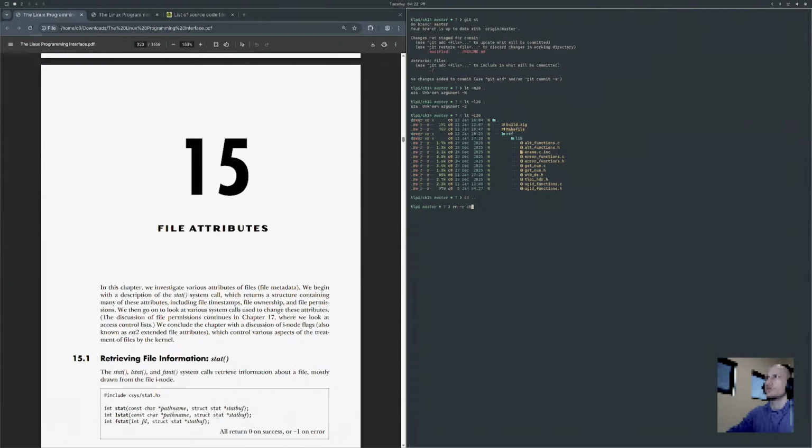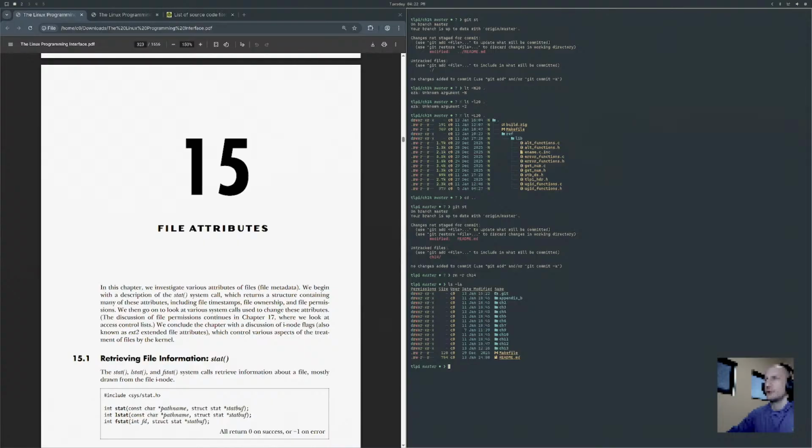Chapter 14. Oh, we did get status here. Git status. Yeah, there's nothing there. Git status. Vim readme.